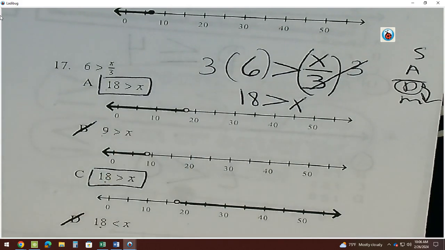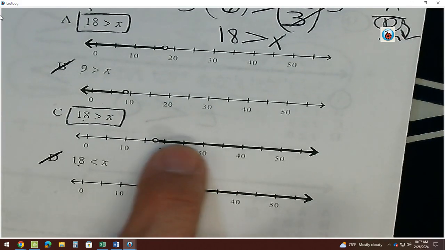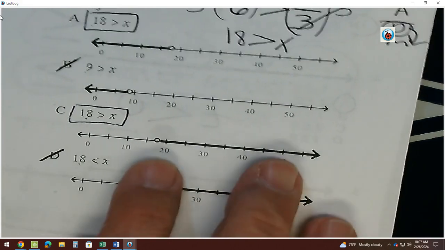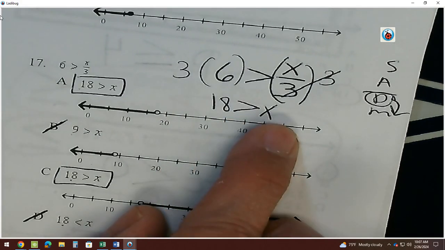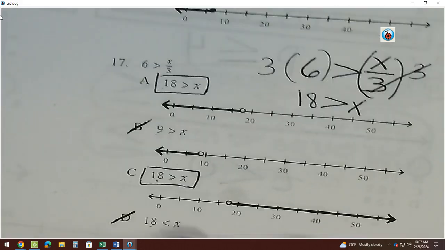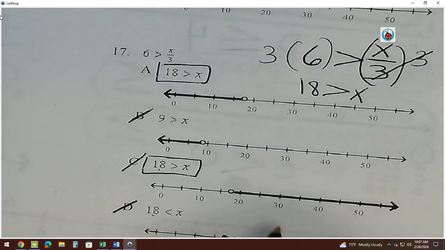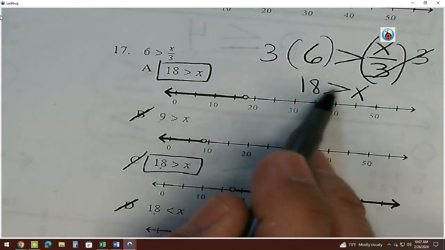That's good. Look at this guy now. What's a possible answer here? 30. Is 18 greater than 30? No. So what's really the answer? A. But a bunch of you are going to choose C because you see this symbol here, you want to